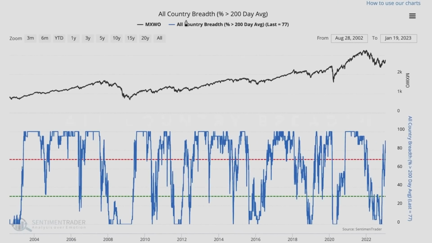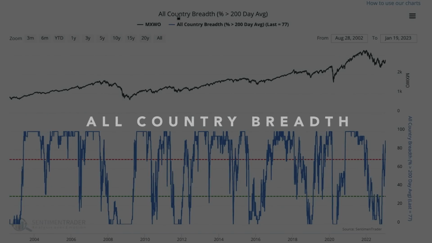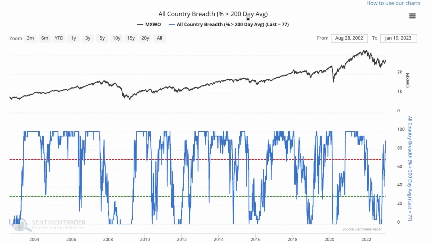Now, first, I wanted to show you this chart as a quick side note to take a look at what's happening in global markets, and this is the country breadth. So this is really showing you how stocks are behaving around the world, not just in the US, and the percentage of those stocks that are above their 200-day moving average, and you have this indicator that oscillates up and down. When it's very low, most stocks are trending down. When it's very high, most stocks are trending up, and you can see what happened very recently.